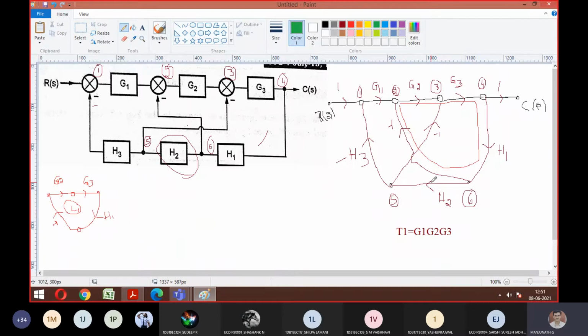So now tell me L2. L2 means H2 concept. Correct? So H2, where will you start? Will you start from G1? So the green color, what I am tracing, I will put a dotted line. So look here, G1. So G2, I am tracing. I am following the path of H1 also. Then it comes to H2. Then it is going with -H3 and ending back. Is it your loop number 2?